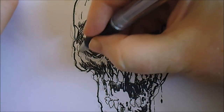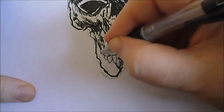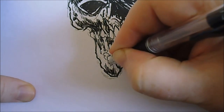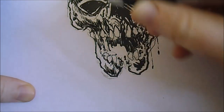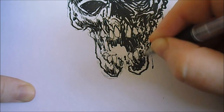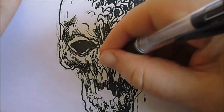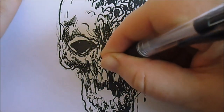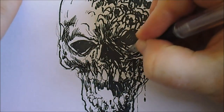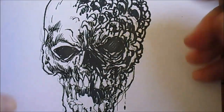Still adding lots of excessive detail on this. It's just part of my style. It's come to be my style these days, where I'm just adding way too much detail as I'm going along, but it's the way I like to finish these drawings. Inking is just the best thing in a drawing. If I couldn't ink in a drawing, then I don't think I'd finish a drawing lately. Well, I've rarely finished drawings lately, but